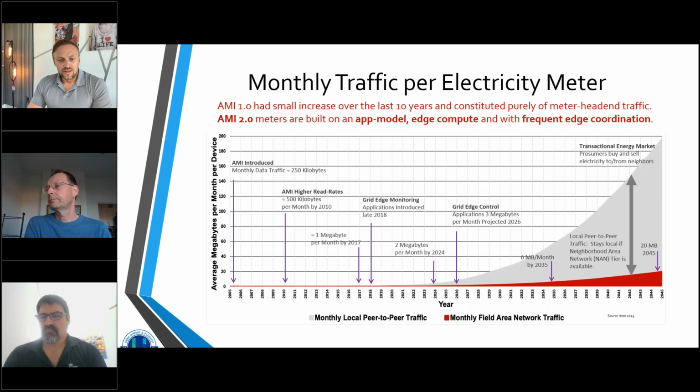Particularly, this red line represents the data demand on the communication from the meter to the head end on the cellular side. And the gray line represents the communication between the meters. This can be peer-to-peer, preferably, or of course it can go through the head end and then back, which is not especially efficient. With this projection, we clearly recognize the challenge that we need to look at the network architecture to be put in place to support this use case, to support this growth. And when we flip to the next slide,